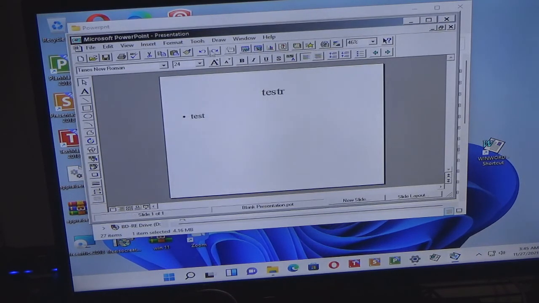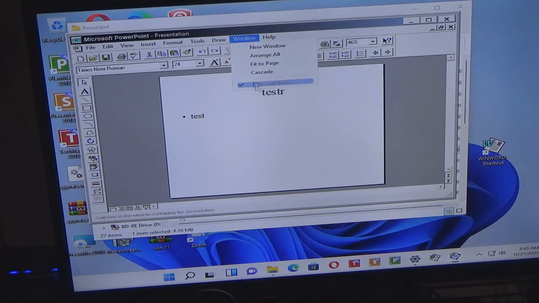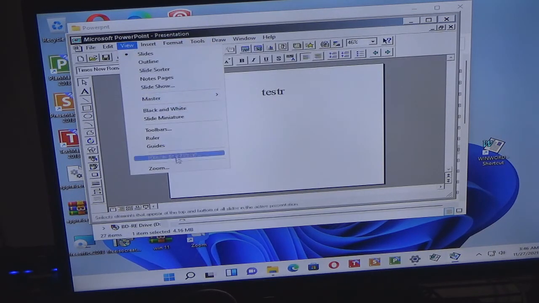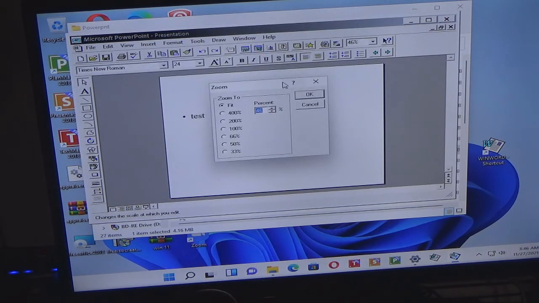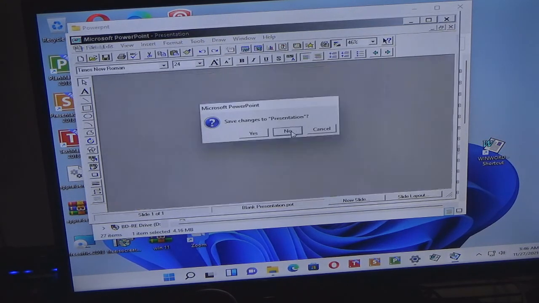You do that, you go to the other ones. We're going to go View. You can zoom in. You can change color. Alright, so this does work. They give you a brief